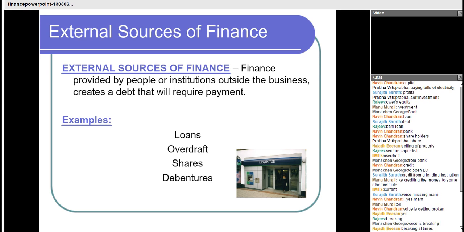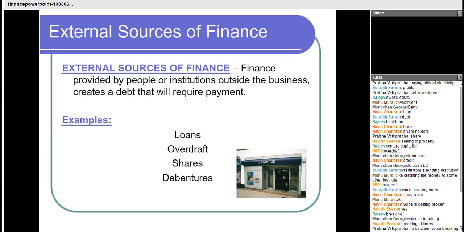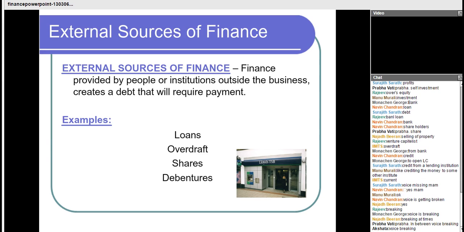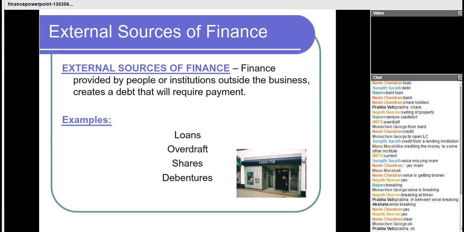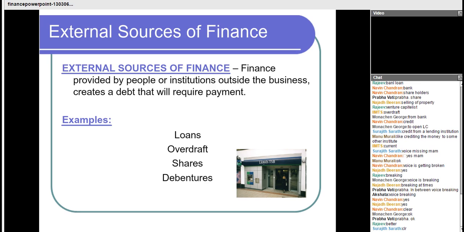Akshita? Okay. Alright. So, yeah, I was just telling about overdraft. In this case, the business house will go to the bank and they will have to open an account with them. And that account is called a current account. And it is not very easy to open it. You have to have some goodwill for opening that. Its validity depends on the term that is agreed upon. Okay, Prabha, there is no fixed limit to it. It depends on the term agreement.